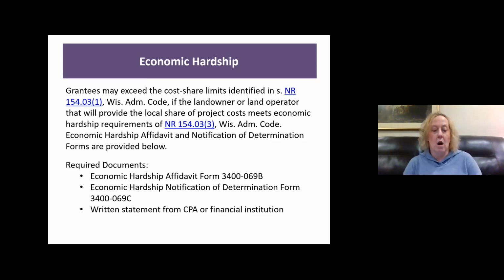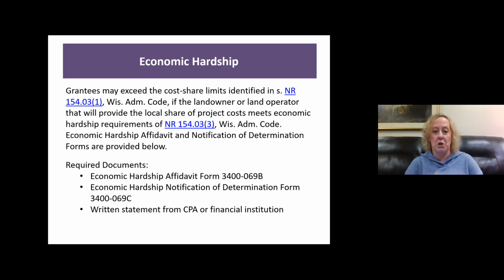And there are required documents associated with that. So any of you that applied for greater than 70% cost share rate because of the situation associated with your landowners, for each landowner, you will need to work with them to complete the required documents,